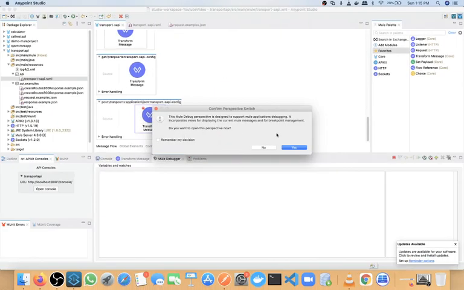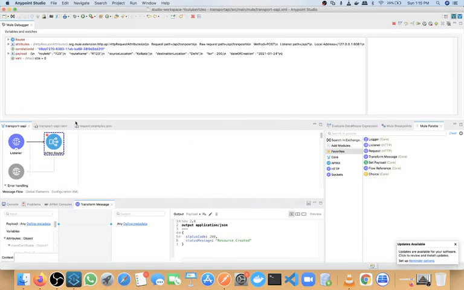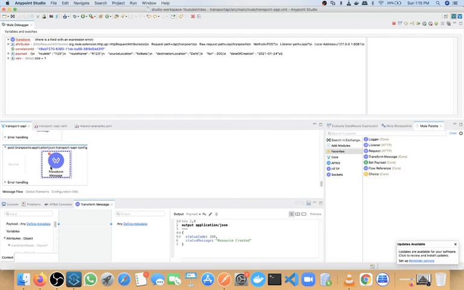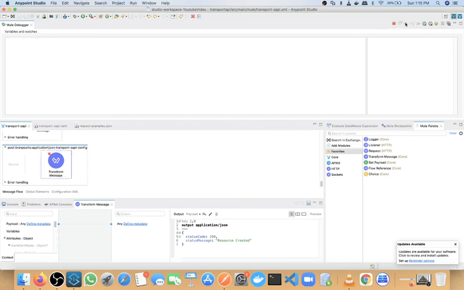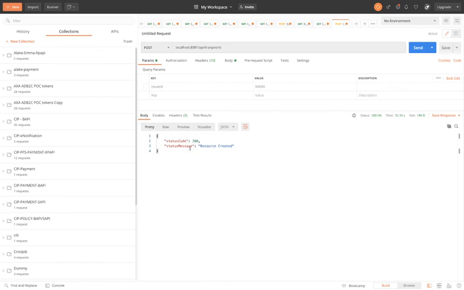If I go here, start in debug mode, we are at this point. We call this HTTP listener. This listener passed that request to the APIkit router. Now the APIkit router will validate that request based on the RAML. And in the RAML, this APIkit router will find this resource. We have this resource, so it will pass control to this flow. Okay, so we are at this point now. If I do next, my process is completed and we will get this response. So we are getting this response.